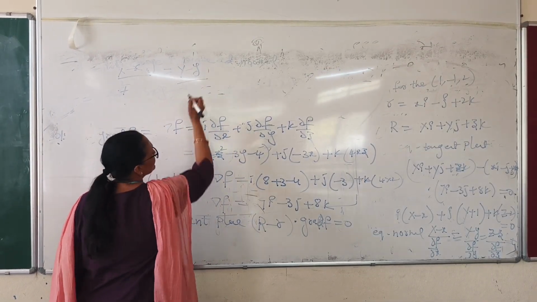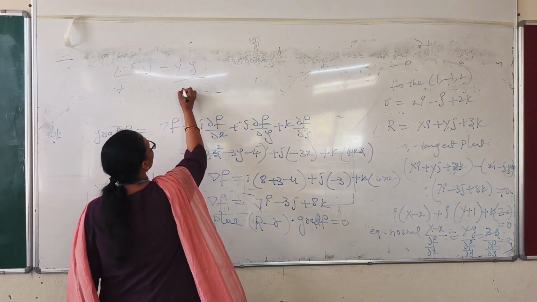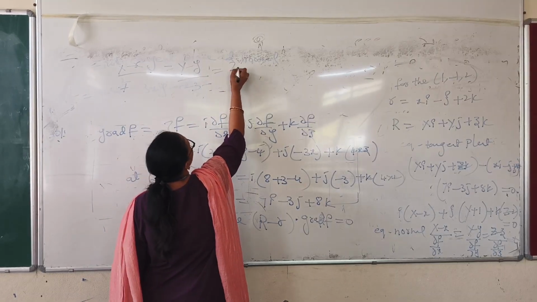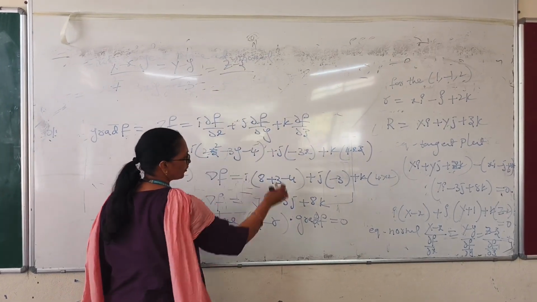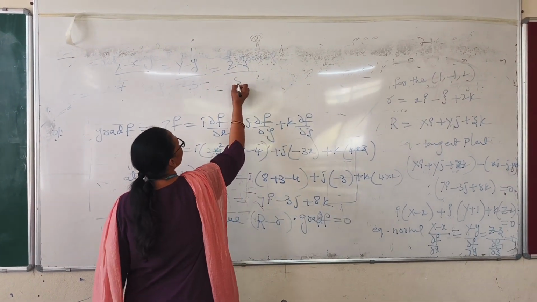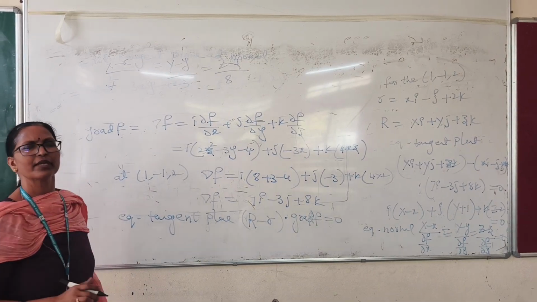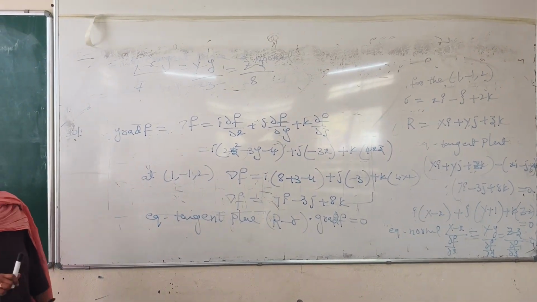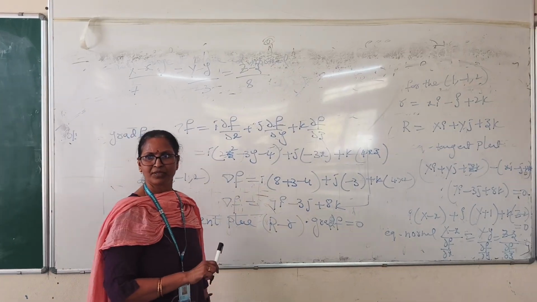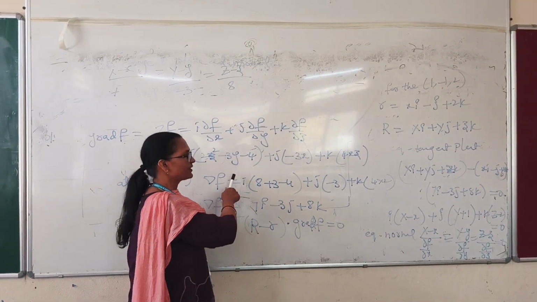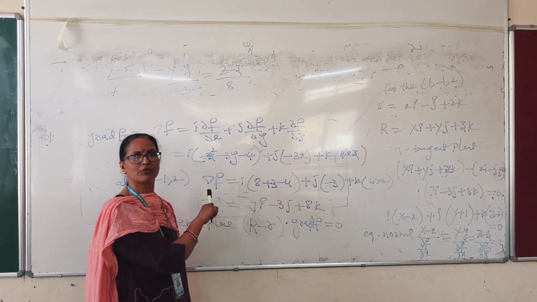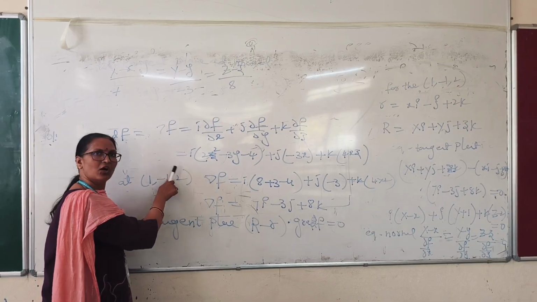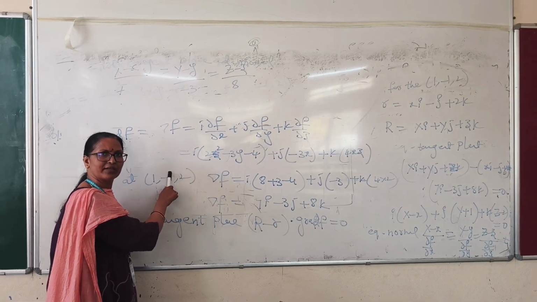But we have to write this one, capital R, with respect to the normal to the surface on the tangent plane. This is a position vector. Small r is the position vector on that plane, but capital R is a position vector on the tangent plane. So that is the difference in these two. Capital R we have to remove. That's why the coefficients of i, j, k we have to write x, y, z. This is the formula for the tangent plane and this is the normal to the surface.